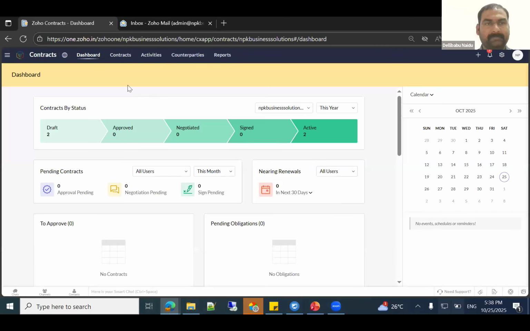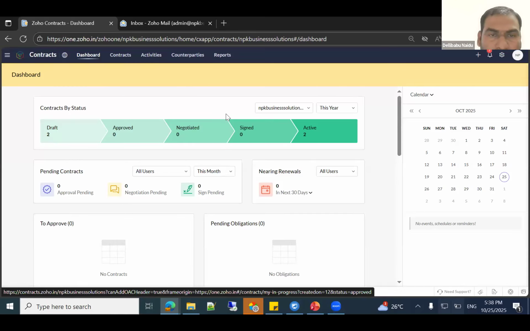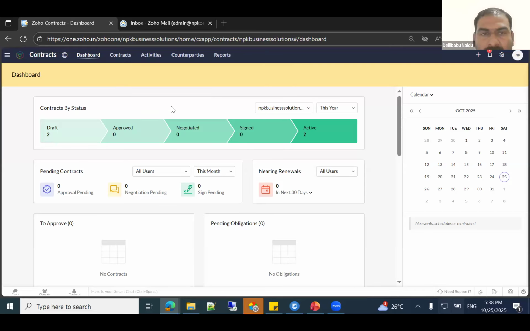Here's the landing page of Zoho Contracts. Here we can monitor how many documents are in draft, approved, negotiated, signed and active. If required, any additional stages, we can add the stages also.